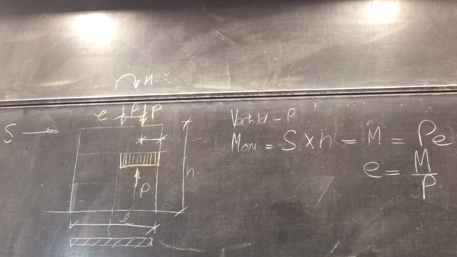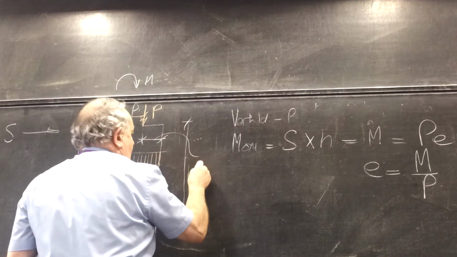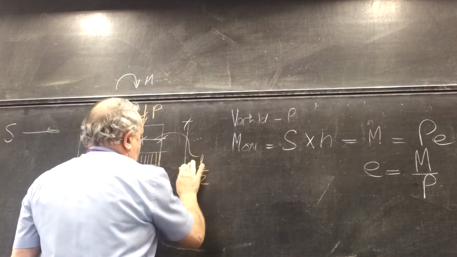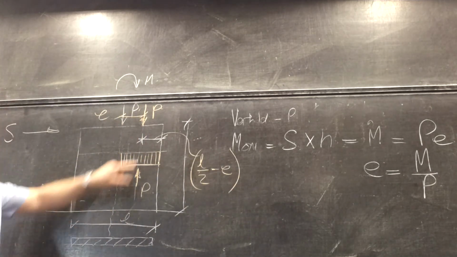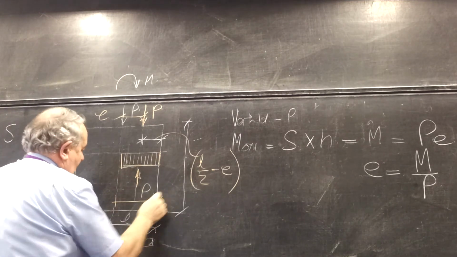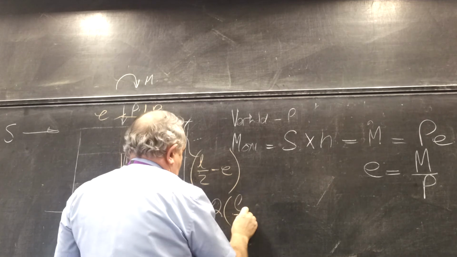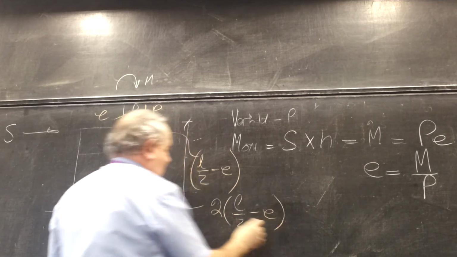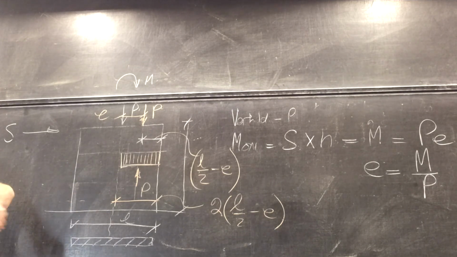L over 2 minus E. L over 2 minus E. Okay. So that's what that is. So the total width in there will be 2 times L over 2 minus E. So